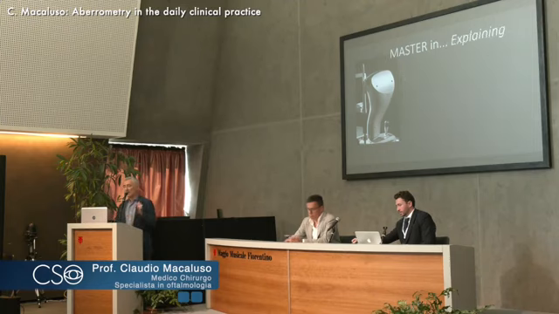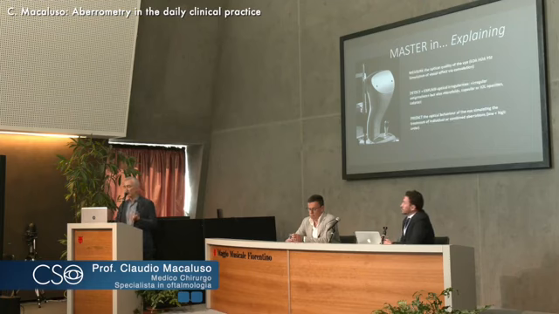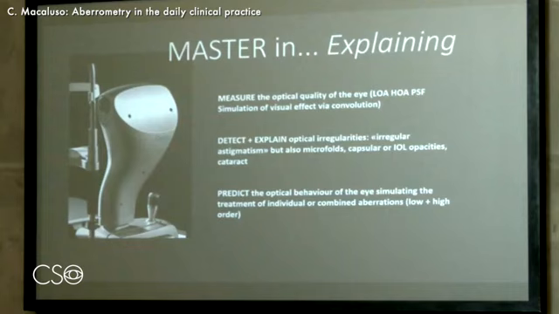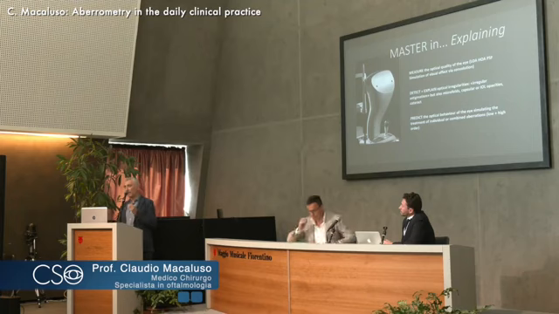But for me, as a clinician, it is really a master in explaining the optics of the eye of the patient that I have in front of me. What we can do is measure the optical quality of the eye. We can measure the separate low-order aberrations, quantify them, and higher-order aberrations, then reconstruct a model of how the eye works